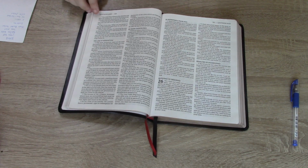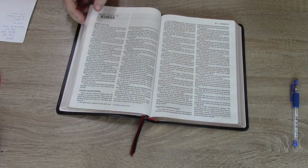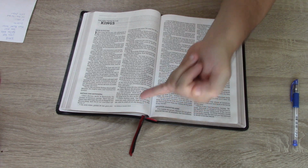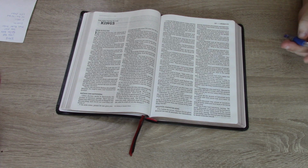Sometimes, like here, we have Leviticus. That's maybe not the best example. Let's go a little further. Okay, this is perfect. So we've got first book of Kings, chapter 1 here, and at the bottom we have only one single reference here, one single letter. So it doesn't overflow you with just